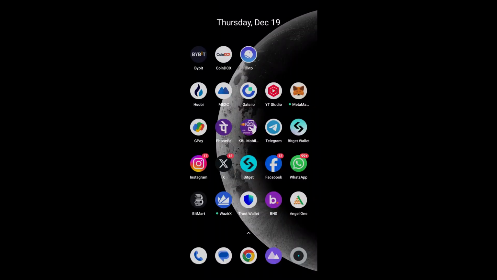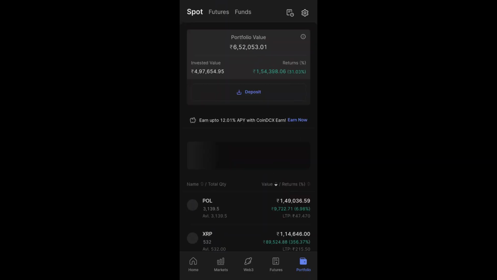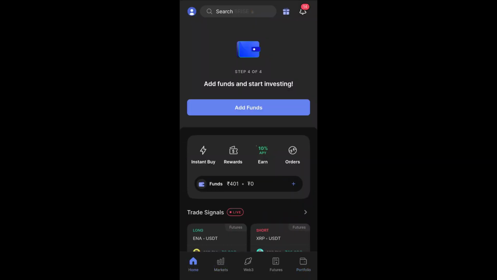Okay, I'll click on the CoinDCX app right here. Guys, the interface which you're seeing here is so simplified and very easy to use and easy to understand. And yes, if you're new to this exchange, then guys, in the description of this video, you'll find a CoinDCX Exchange link. So click on that and register first by entering your email ID and password. And then go into the Play Store or App Store and download the CoinDCX application. And once you open the application, you'll get the same exact interface. And guys, the next step is you should complete your KYC. As soon as you create your account on CoinDCX, it will ask you to complete your verification.